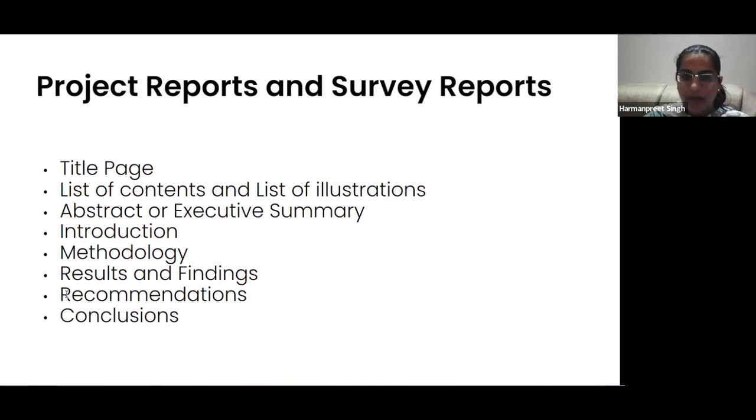Now recommendations. Here I would like to give you a tip that whenever you're giving recommendations to a person or a report, first be very careful. Has the person asked you for recommendation? Don't give recommendation and don't give your opinions and perspective. So if and when someone asks you for your recommendation,